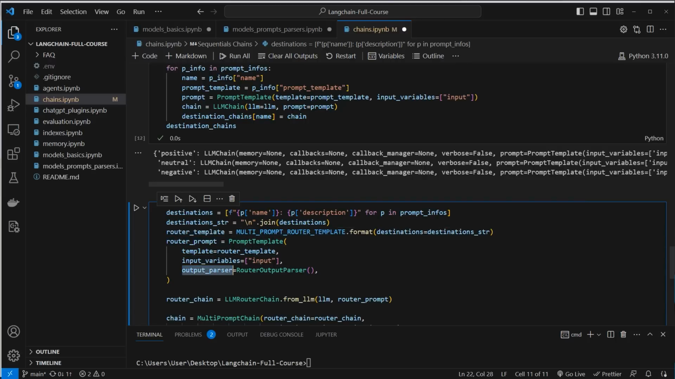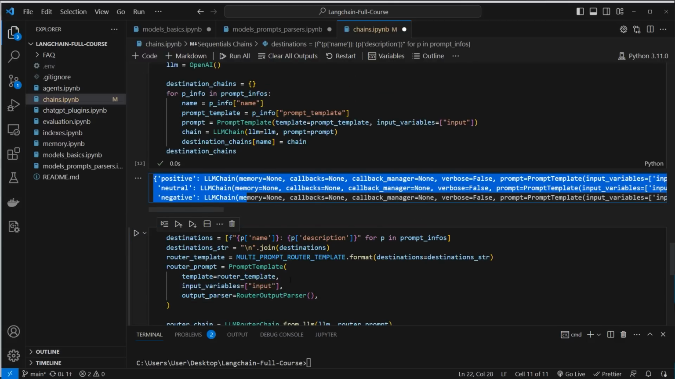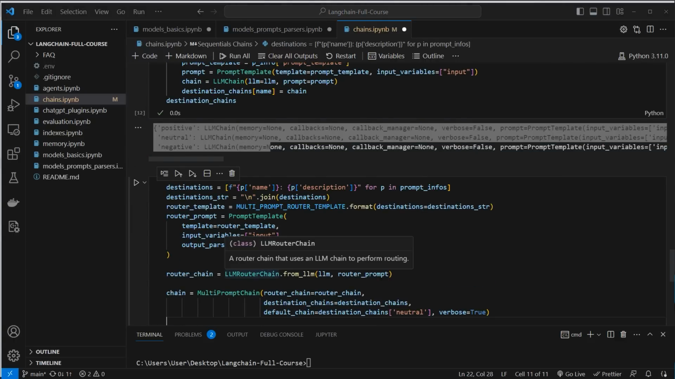And also we create an output parser and we use a predefined router output parser, which helps us to actually route the output of the LLM to one of our LLMs here. So this is the first input and this is the second input. After this, we will create an instance of the LLM router chain. We use the class method from LLM here, provide our LLM and provide also